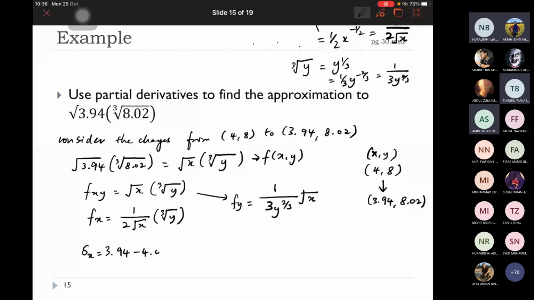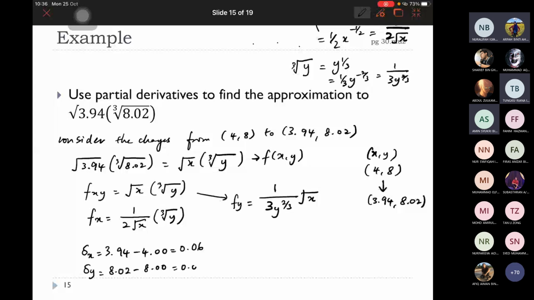Okay, and the changes in y equal to 8.02 tolak 8.00, 0.02. Okay, so total perubahan in z, delta z